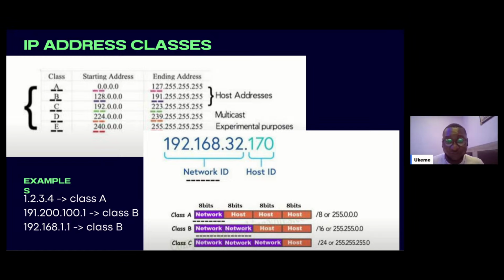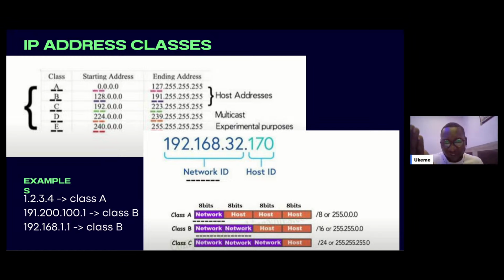So that's how it is for IP addresses. So we have classes A to E, which actually defines what kind of IP address it is. We will break all of that down. If you notice on my first image where I have the classes, the A class starts from 0.0.0.0, which is 4 octets.